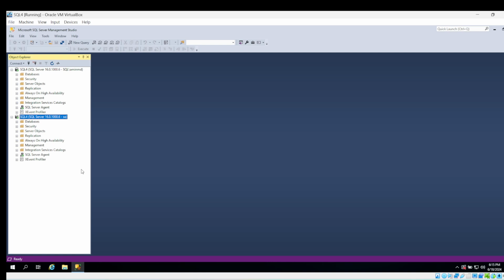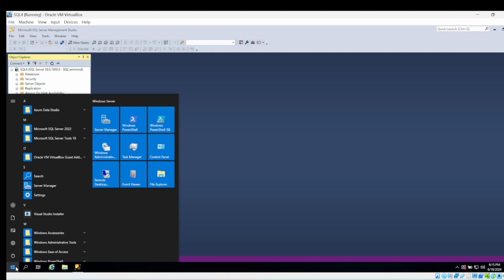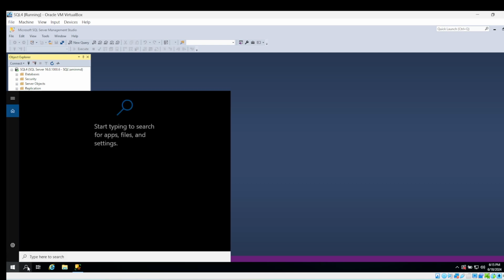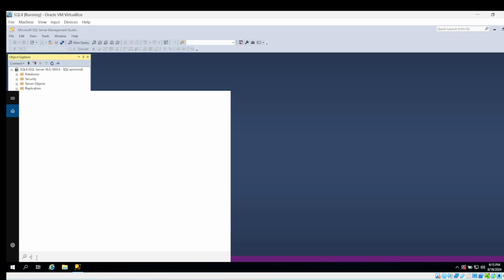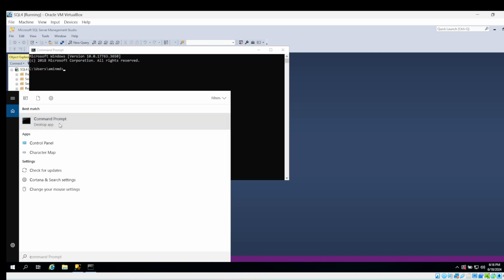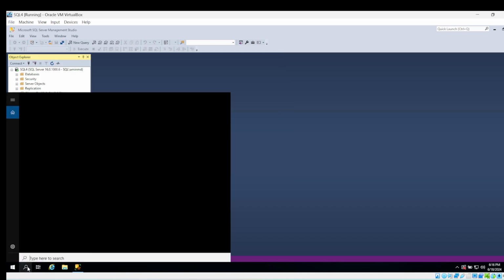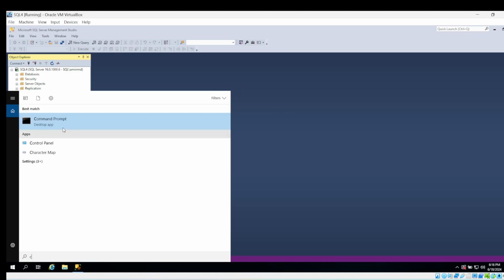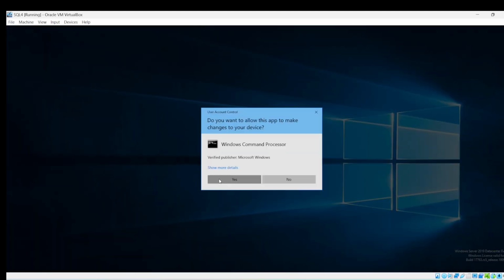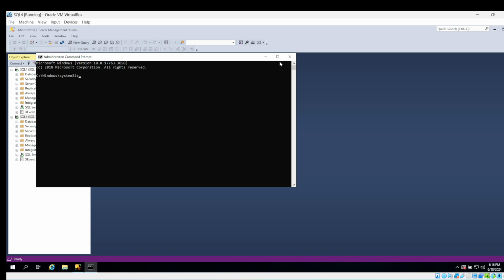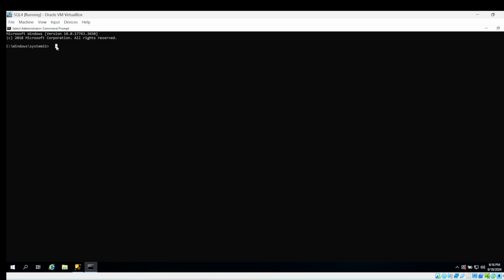And now we will go for using the command line. So let's go to the command line. One thing: it will not work unless I use run as administrator. Otherwise, it would not take effect. So let me see here. We have to type